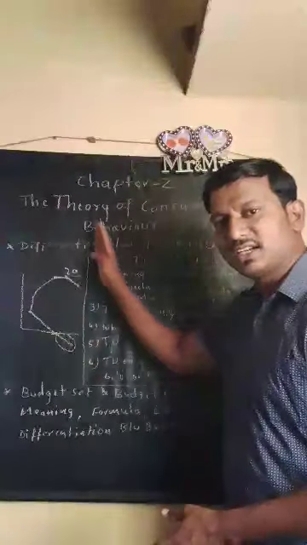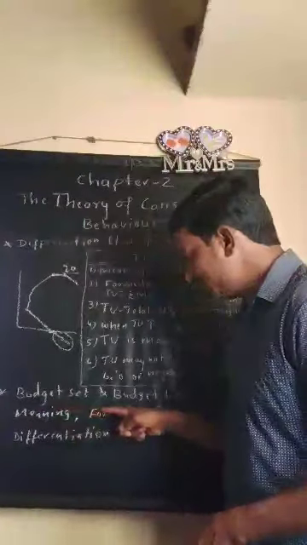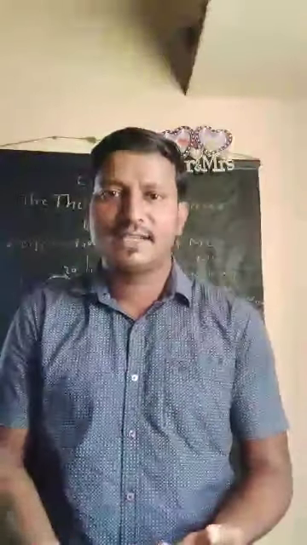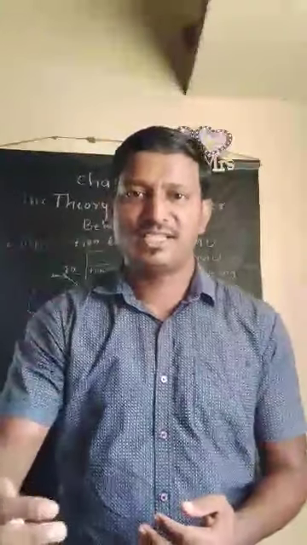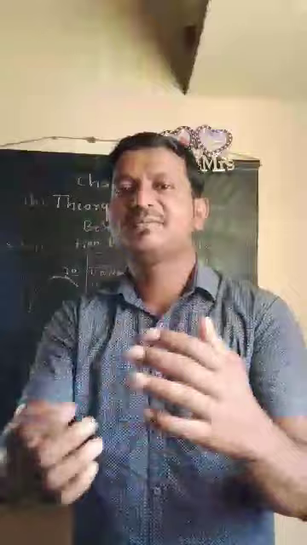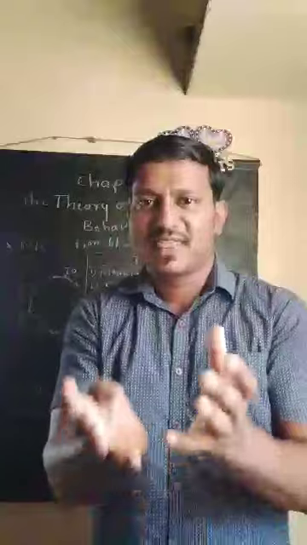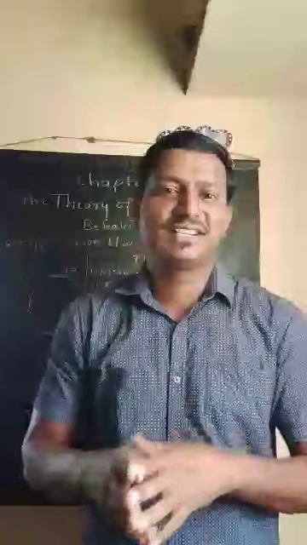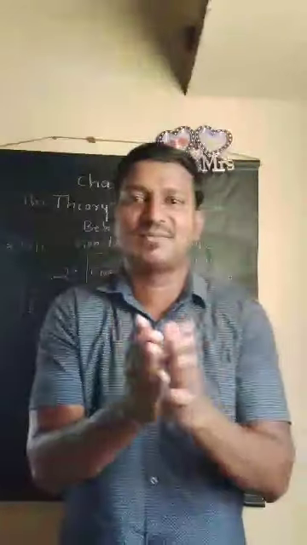So after completion of utility, let us move towards the next topic, that is budget set and budget line. As we all know, in our common daily life we use a budget. For one month we say monthly budget, weekly budget, yearly budget, or for some particular time period we decide what our budget is. So here budget is nothing but the income that we use to purchase different commodities to lead our life. Whatever the goods may be, we use those goods to lead our life by the use of the budget, which indicates the total sum of amount.